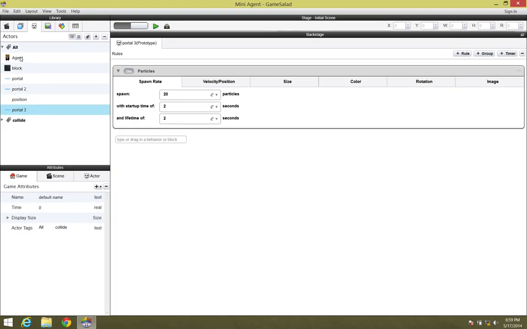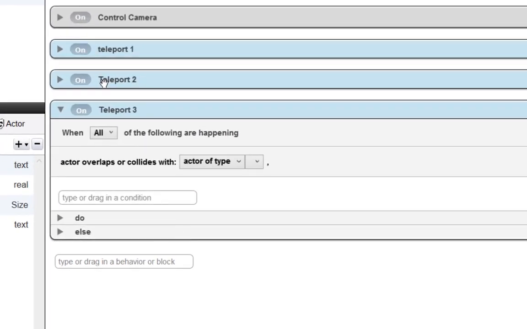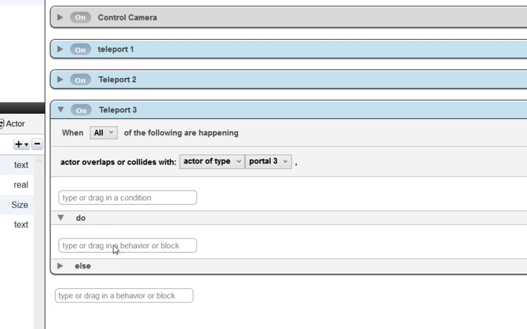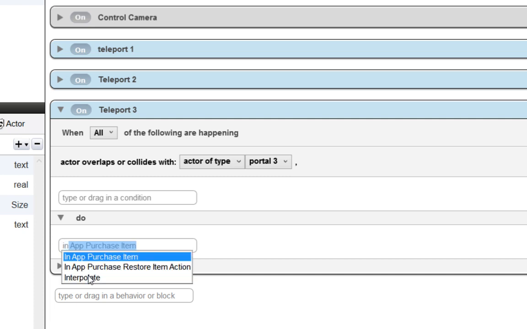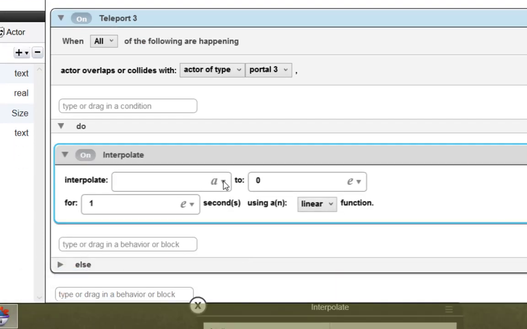Again, I'll click on my agent here in the actor tab. Because I have backstage open, I still have this teleport 3 behavior or rule that I'm setting up. So now we can go ahead and select portal 3 from this list. So what happens when the agent comes in contact with portal 3? Well, in the do drop down, we want our agent to then interpolate. So I'll type in the word interpolate and select that. And we are going to, of course,